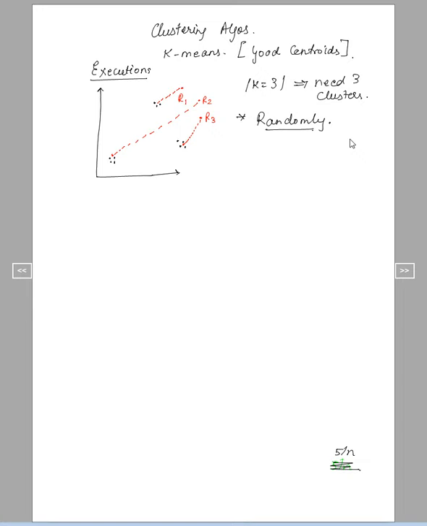Now again, from an algorithmic point of view, the time taken to travel this distance also should be less. It should not take infinitely long to travel and come here. In that case, the purpose of clustering itself is lost. So what happens under the k-means algorithm?